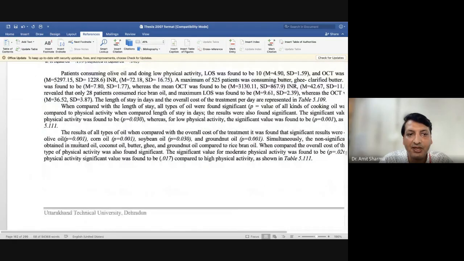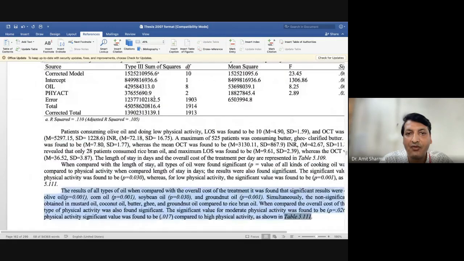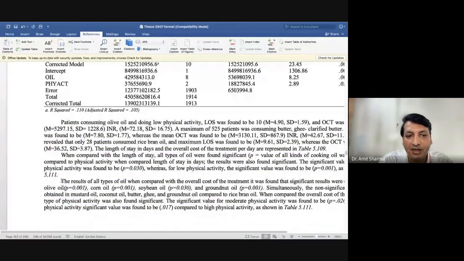Whatever content we have found in this table has been represented in a paragraph. So from here I'm going to choose, instead of adding this table, the two or three lines which I can add in the research paper. It will be this one, where the p-value has been mentioned and where I have quoted that the results are significant or not significant.